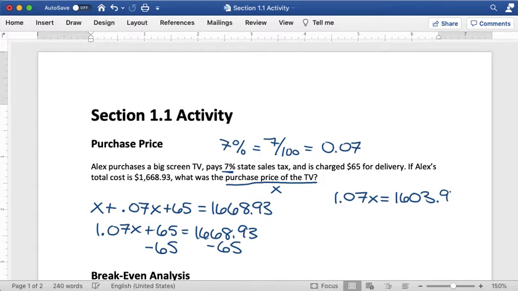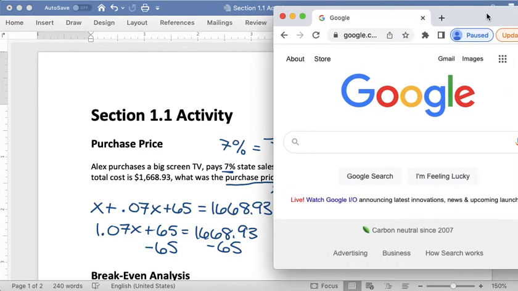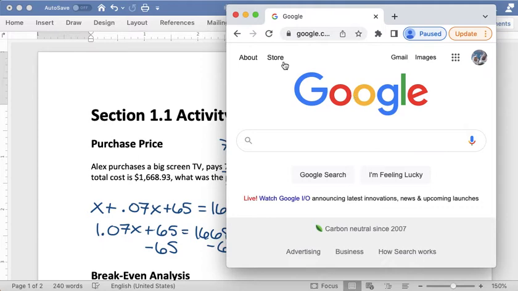You can use a calculator if you like. And then the last step here is to divide by 1.07 on both sides. Now, this is something I can't do in my head, so I'm going to pull up my calculator here. So, when you're in your web browser, I'm going to drag this over. I have it small so it fits on my screen, but you might have it bigger. What you're going to do is go to